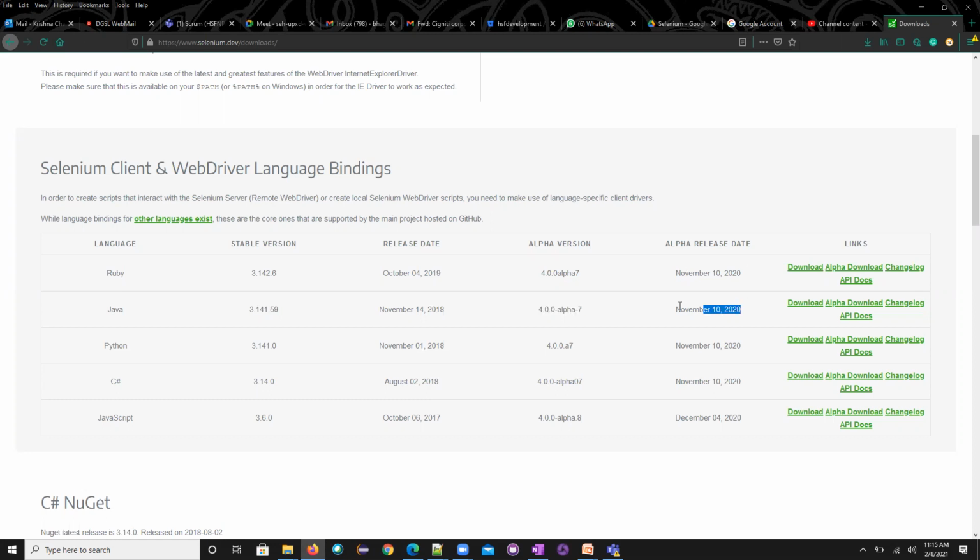This was released on November 10, 2020. It took a larger time. From 2018 to 2020 it was the biggest gap, because they attended conferences. Many times they used to release every 3 or 6 months, without taking much time. But for this particular release, they spent a huge amount of time and there are many changes. I'll explain about Selenium 4 where we discuss these changes. So this was released on 10 November 2020.